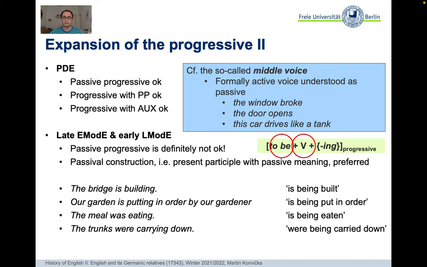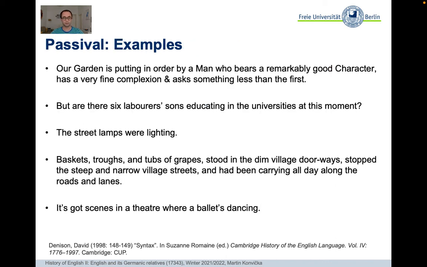So what we see here during the late modern English period is that the auxiliary is also restricted, so that there are certain things that the auxiliary cannot do. Similarly to the constraints that we have on the choice of the main verb for this construction in present-day English. Right, so here are some more examples of this construction from the 19th century.